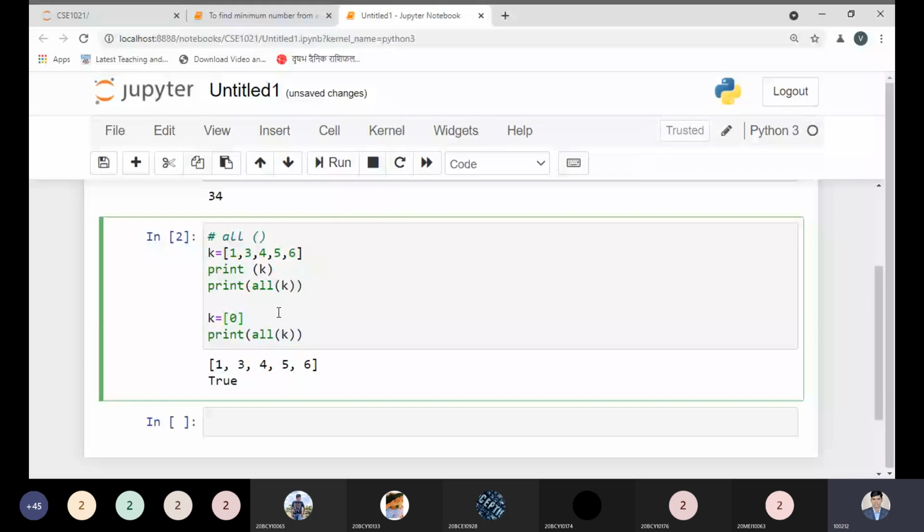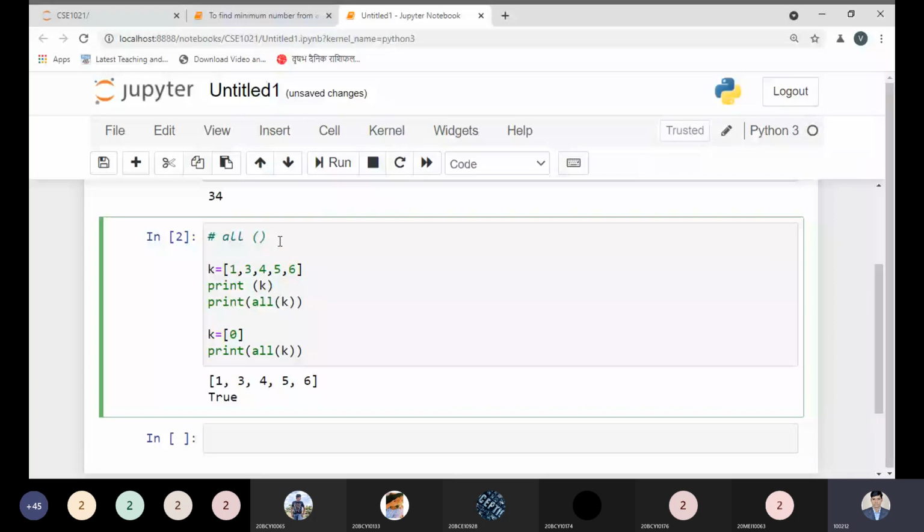See, the all method, let me clear it right now. This method will return the value from the list in true or false depending on the elements we are passing.